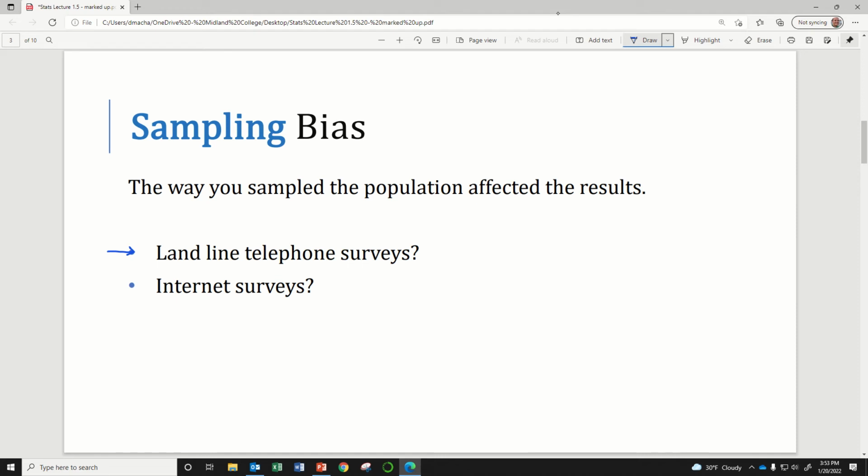But there was a time when we were transitioning from having only landline residential telephones to having cell phones, maybe in the late 90s, early 2000s. During this little time period, there were some pollsters who were contacting people by phone, using the landline residential telephone numbers in the phone book, to ask them opinion-related polls, right?